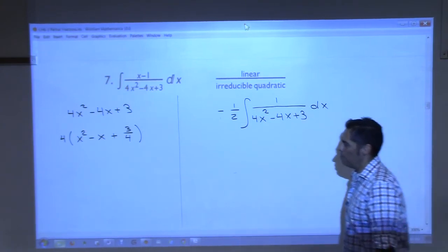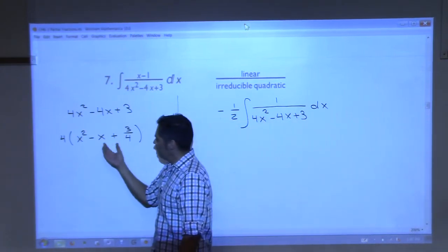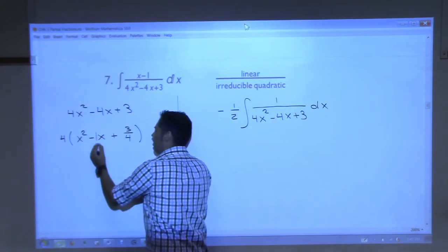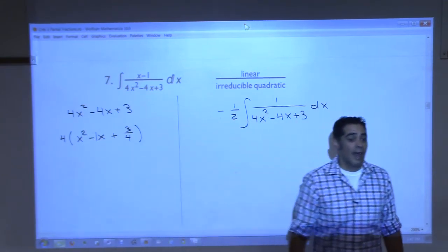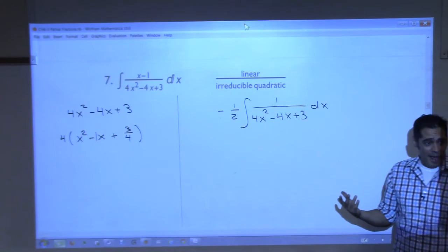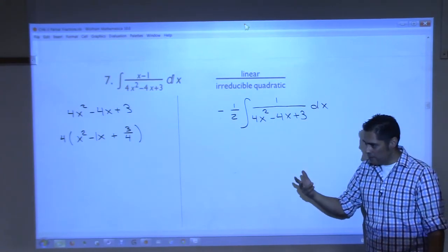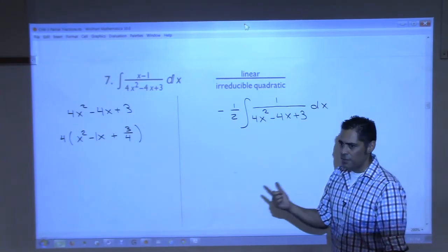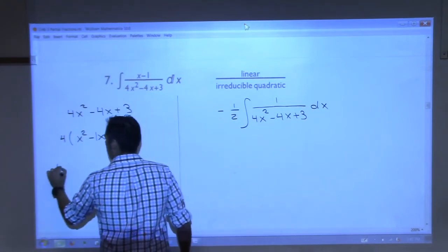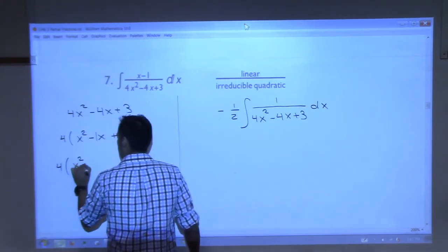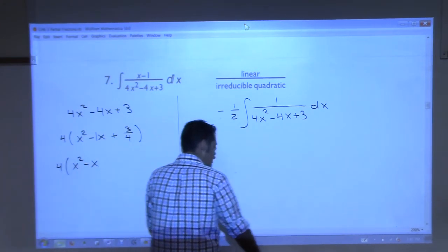Then I complete the square on the inside piece. I have a negative 1, so I have to take half of that: negative 1/2, and then square it: 1/4. I have to add and subtract 1/4. So I have 4 here, x squared minus x, and I'm going to add a